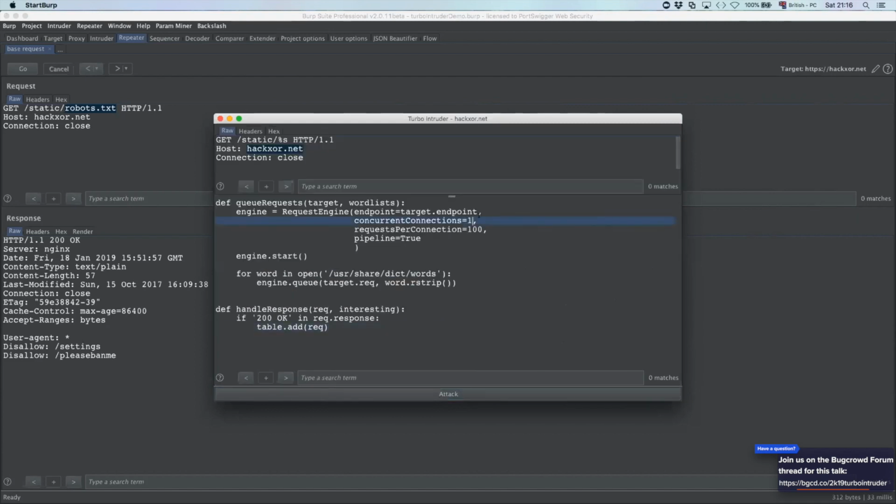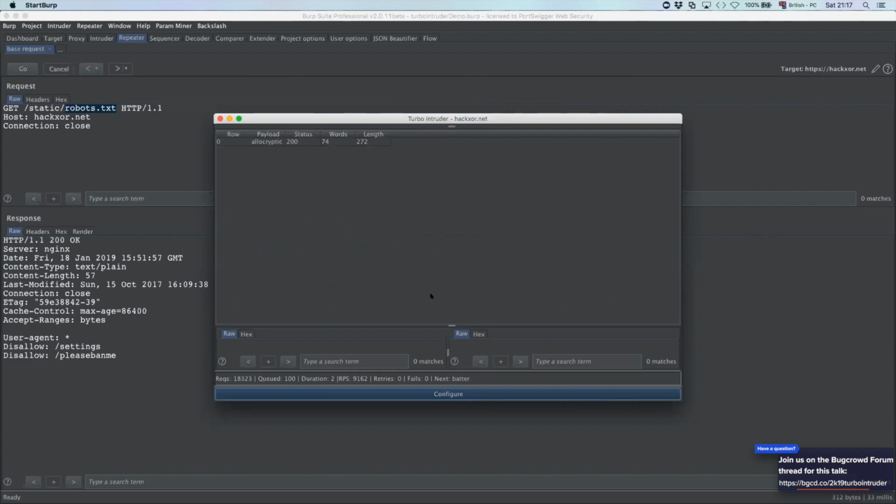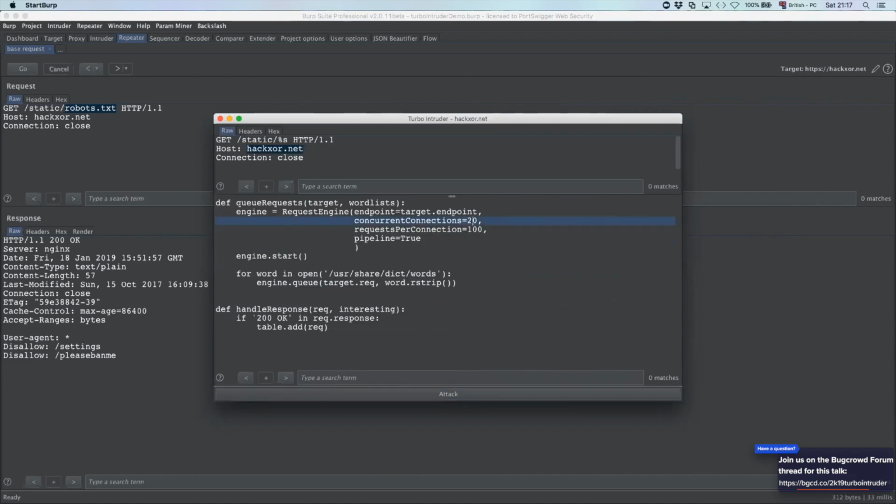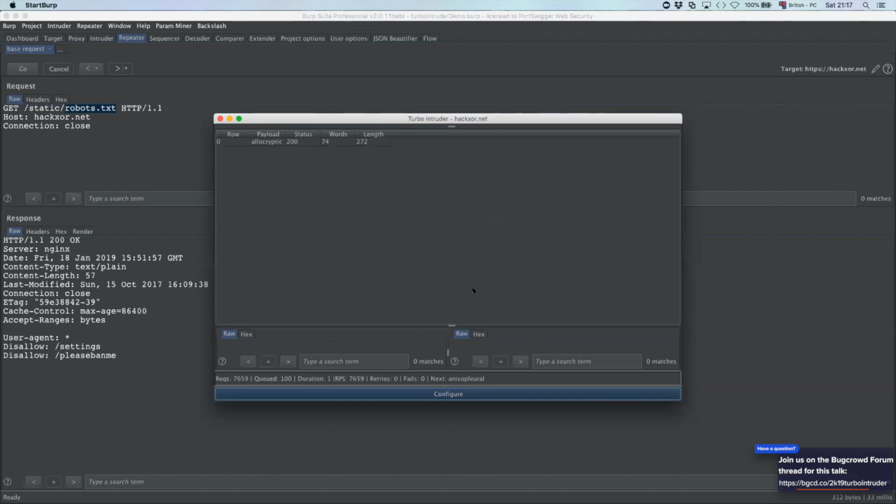Now I'm just going to increase the number of concurrent connections. Based on some testing I did earlier, 20 is about right for this situation. Generally, you're going to want a value between 1 and 30 here, I think. If we set this running, you can see we've jumped to around 9,700 requests per second. I think we can do slightly better. Let me try 25. It's pretty variable. You can see we're pretty much doing exactly the same speed. So 10,000 requests per second is about the maximum speed that we can hit on this setup,